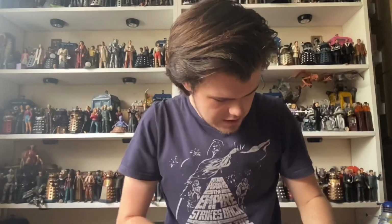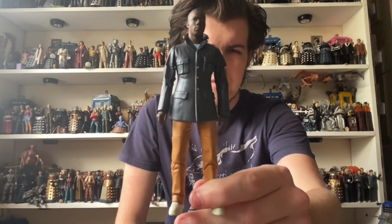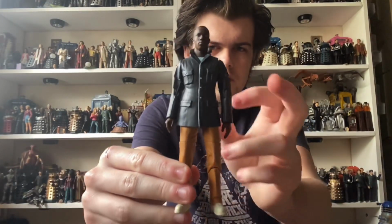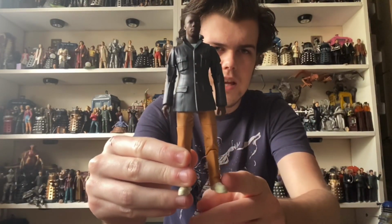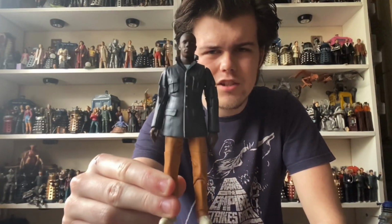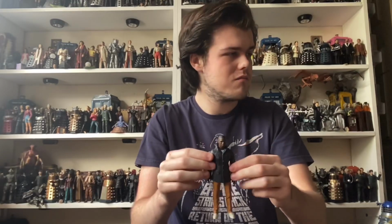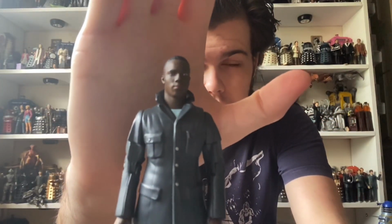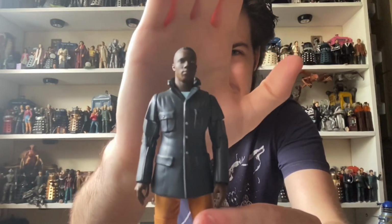Let's see if that'll focus. Then we have Ryan in his costume from the Ghost Monument, which I cannot remember anything of to save my life. These are all repaints of their previous versions, hence why they're not completely accurate, but it's a slightly different colour on the jacket, and then obviously the different trousers and shoes, which the orange of the trousers does make it stand out quite a lot on the shelf, but that's what he looked like in the story, so you can't grumble. And once again, there's an absolutely amazing likeness to Tosin Cole. Sorry, the sunlight from my window might be slightly hindering that, but you can see it's an absolutely brilliant